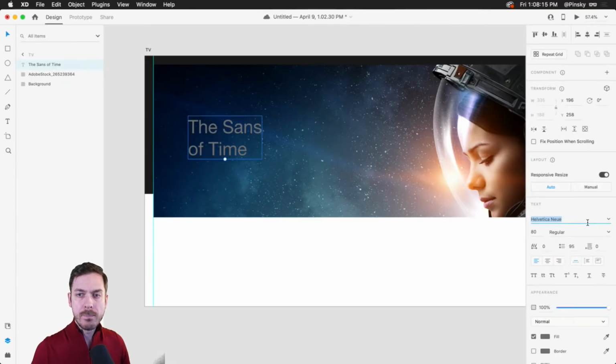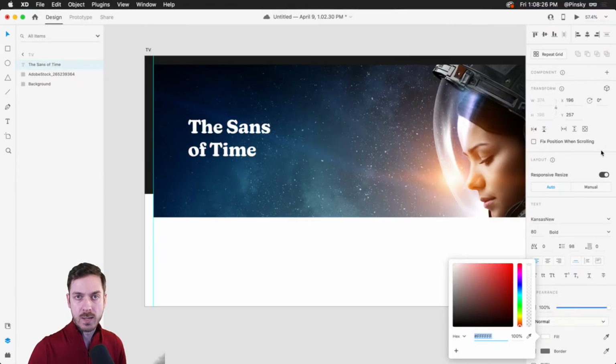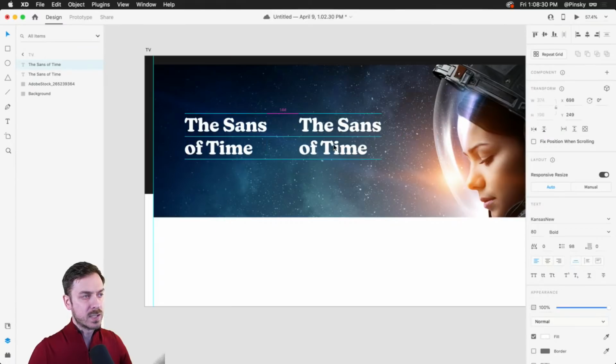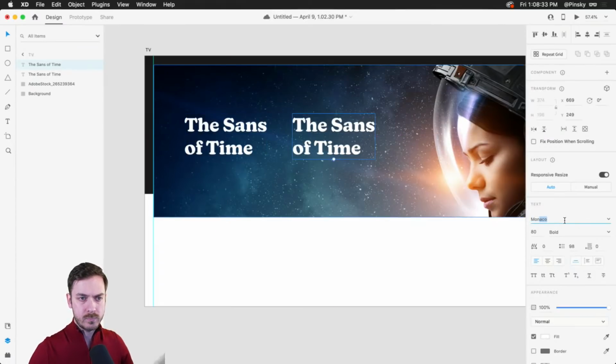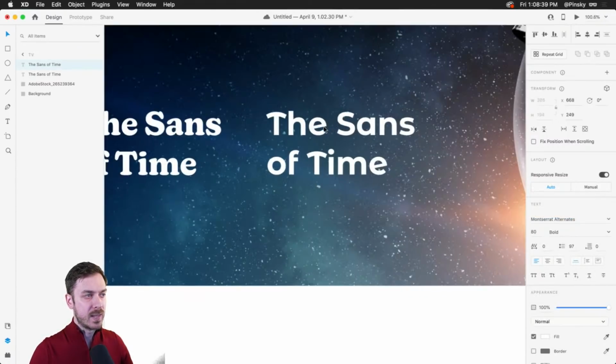And so I mentioned earlier that we were exploring the new, I think it was Kansas New actually, Kansas New. It's a really interesting typeface. It has a little bit of style to it. Obviously, it's not something you're going to use all the time in all of your projects, but it's kind of fun, right? Another one I was experimenting with is Montserrat, and then they have the alternative version. So if you take a look, there's the alternative and there's the regular. Some of the letters have fun little curves on them, which is also interesting, right?